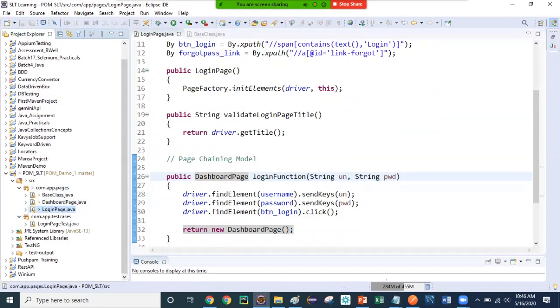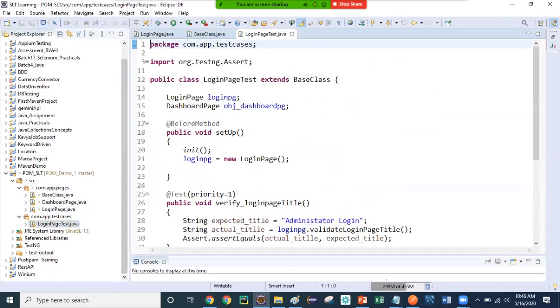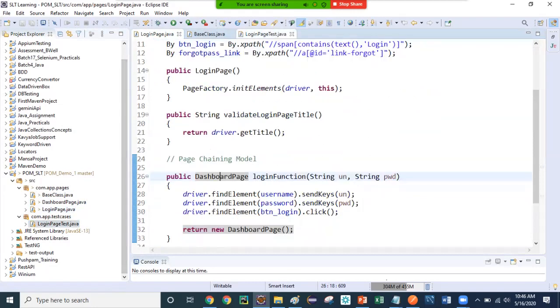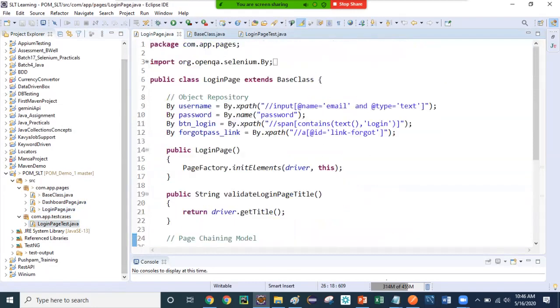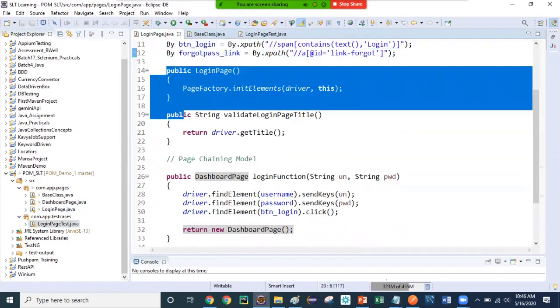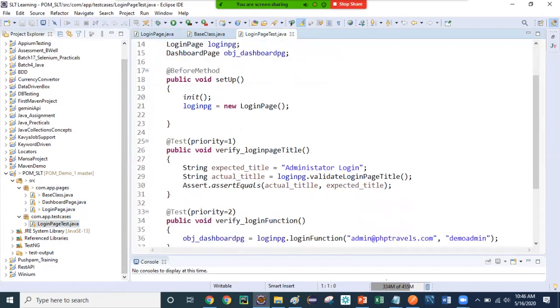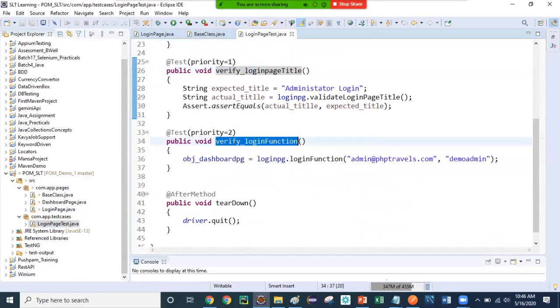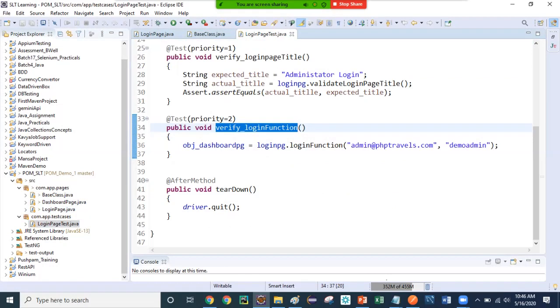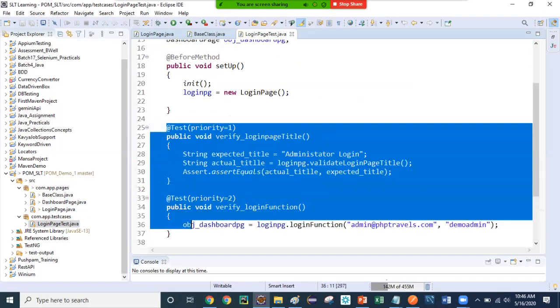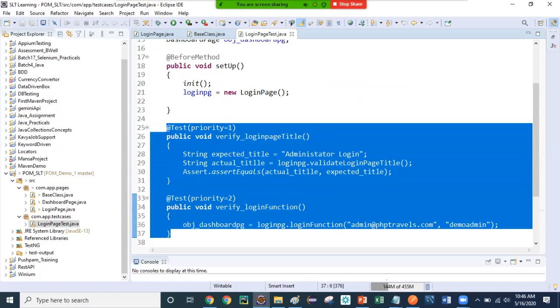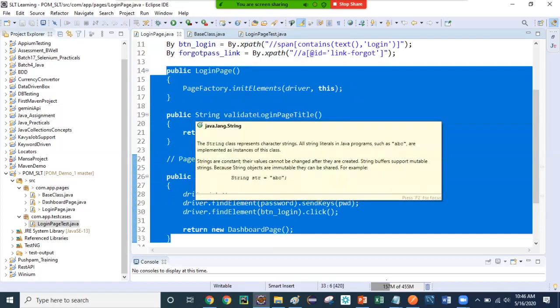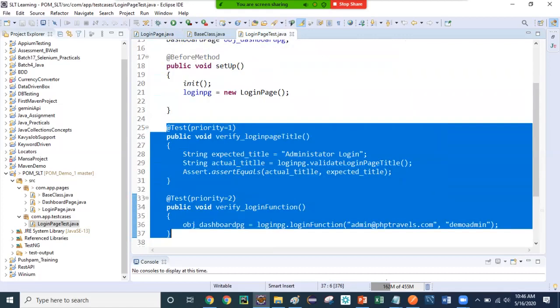Now we are going to write a login page test. Why is the login page test different from the login page? What is the difference? Over here we normally write the object repository and the common actions, but in the test we write the actual test case, how you can validate and verify the login, whether you are on the right page or not. So over here we write our actual test case for the verification, and over there we just write the functionality, how things will work and how the actions are made. Over here we write the actual verification.